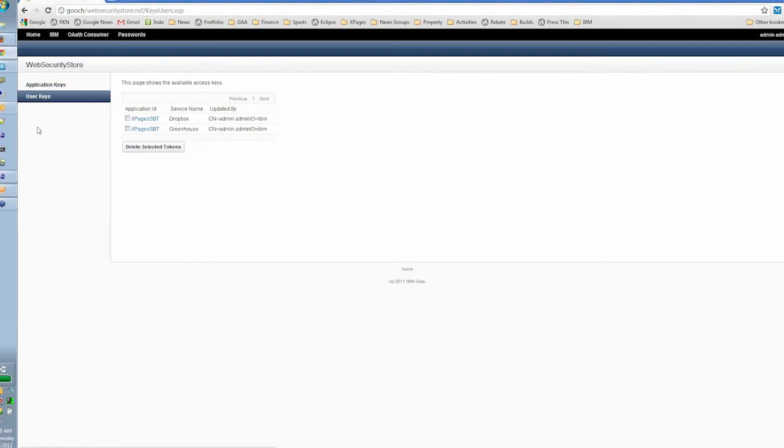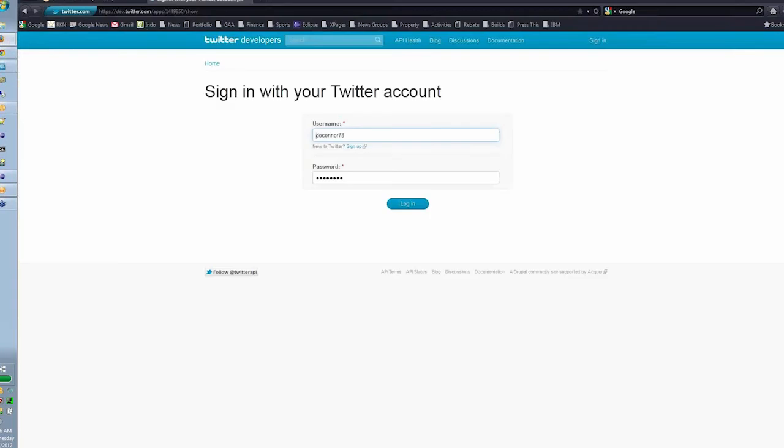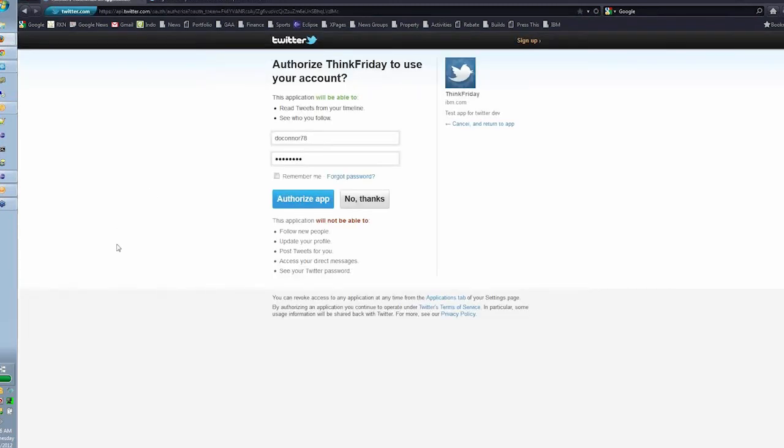Okay, so these are my user tokens, so once I log in, a token will be stored on my behalf so that I don't get prompted to log in on consecutive requests to the online service. So now if I go back to my demo application, and if I attempt to log into Twitter, we'll see what happens is the request is made in the background to the token store asking if there's a token for Dan O'Connor. No token is returned, so then this three-legged dance happens, which is this: the Twitter OAuth information is retrieved from the token store, and a request is made to Twitter given the key and the secret, and Twitter then recognizes